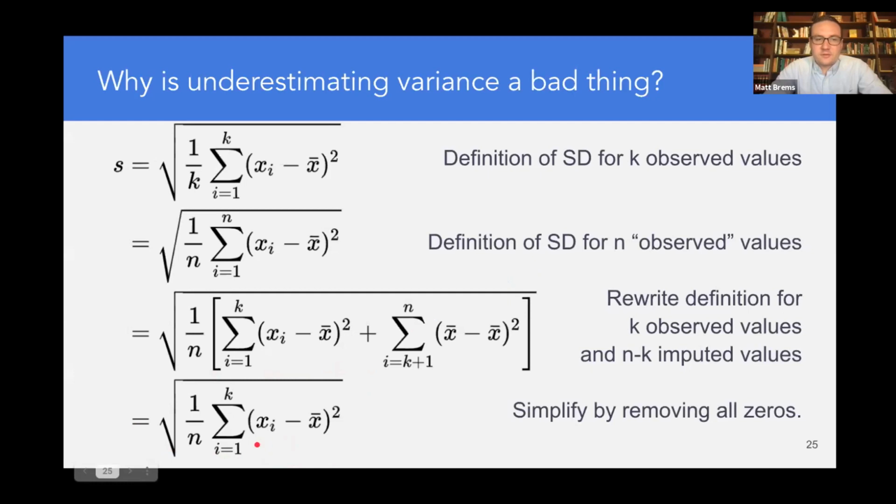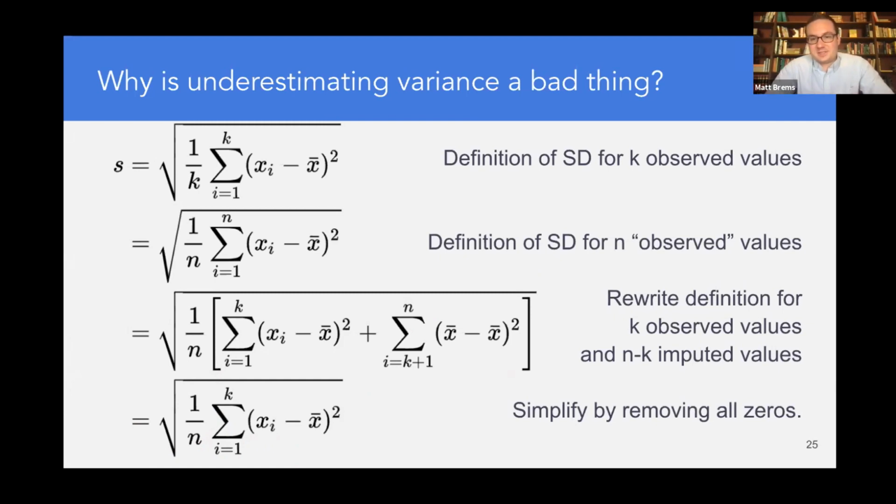We're summing all of our observations and their squared distance from the mean from i equals 1 to K, those first K values, but we're dividing by N, which is larger. What this does is this artificially reduces our standard deviation and our variance. Why does that matter? Well, how do we use standard deviation and variance? We use standard deviation and variance when we are calculating p-values